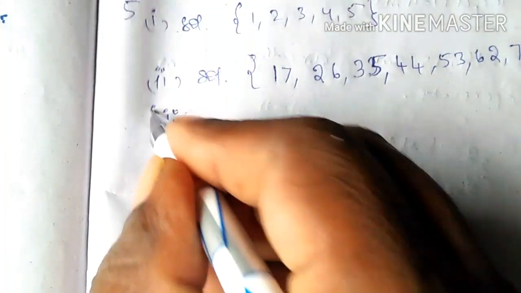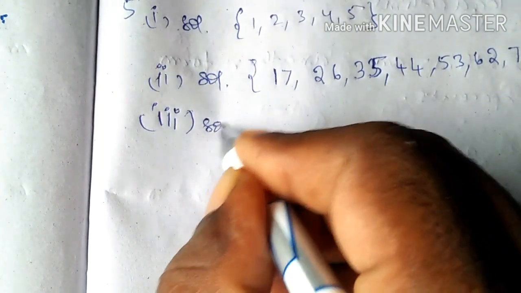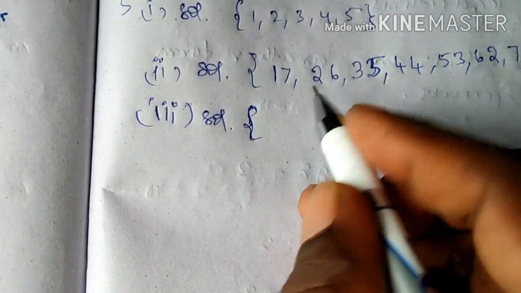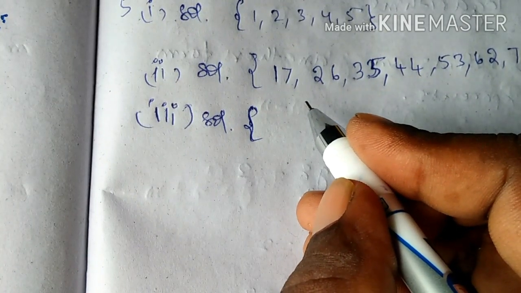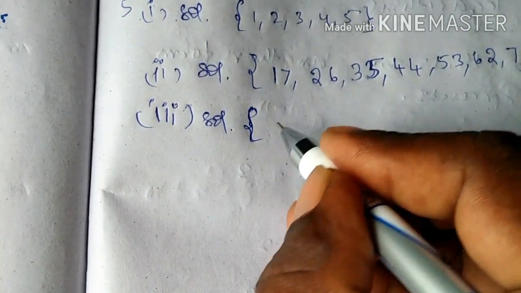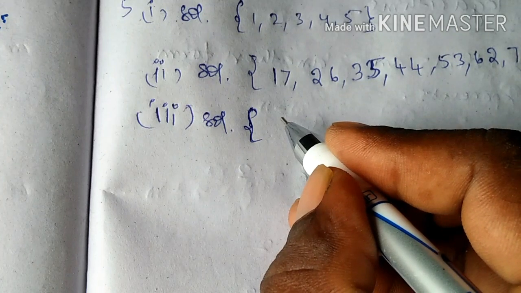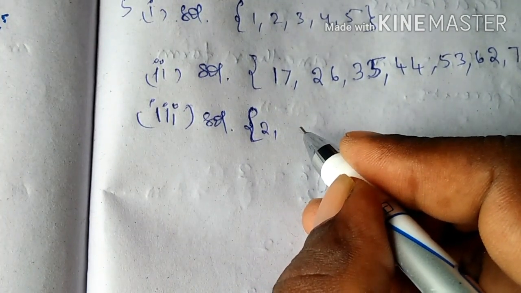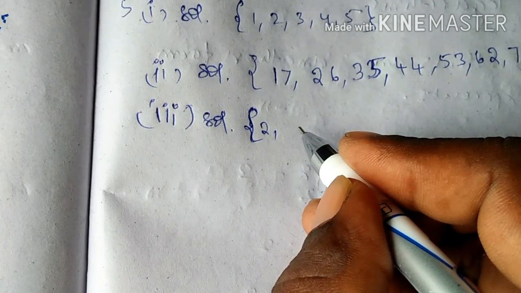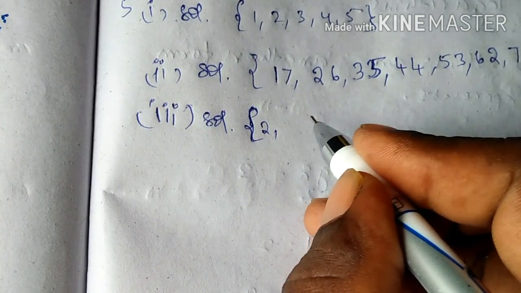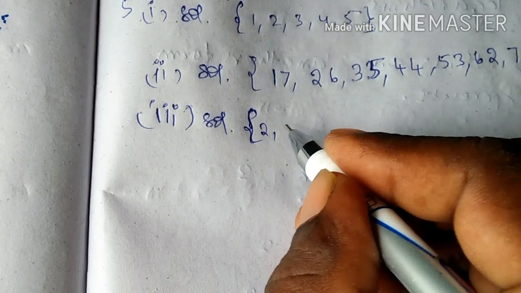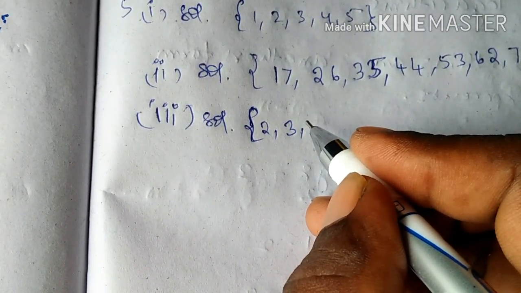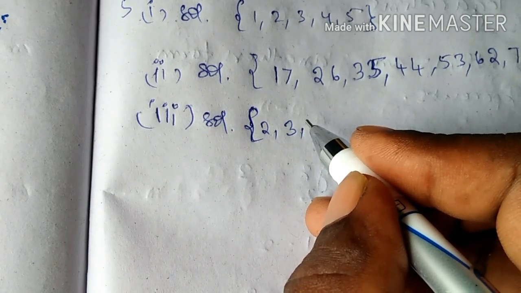Solution. What does it say? Divisors of 60. What is the first prime number? 2. Is it a divisor of 60 or not? Yes, 2 times 30 is 60. It is divisible. It is a prime number. Next, 3. Yes, 3 is also a divisor of 60. Why? Because 3 times 20 is 60.